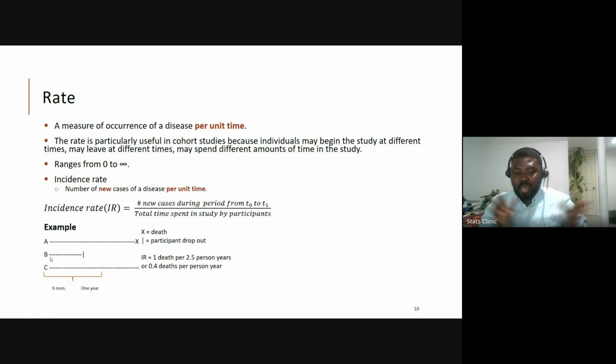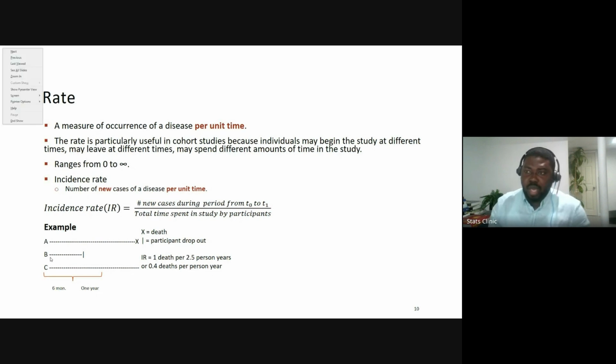No, we'll count the amount of time that they spent in the study, right? So if you have a multi-year study, and the person spent 5 years, in that 6th year they now spent 1 month. That is 5 years, 1 month. We'll count all that for them, and we'll add that to the amount of time that the next person is also spending. Maybe that person spent 12 years in the study, right? So we will count it to the final month when they dropped out. It doesn't have to be 0.5. We just use 0.5 here for illustration.